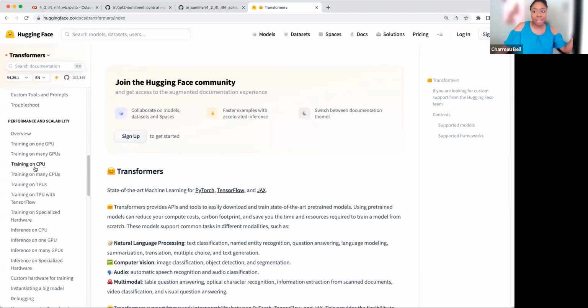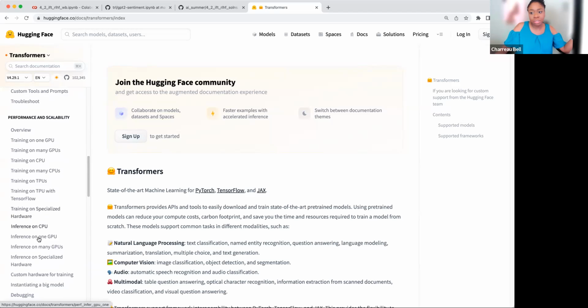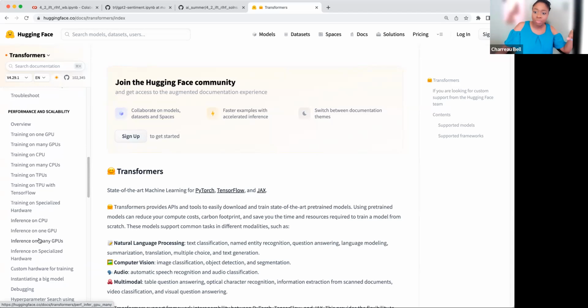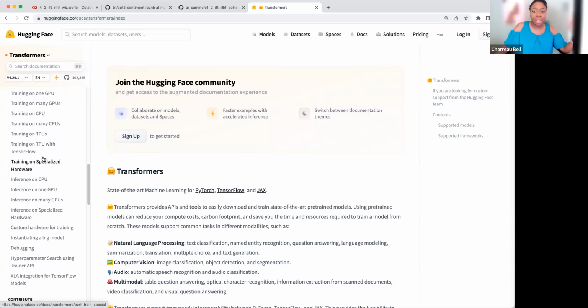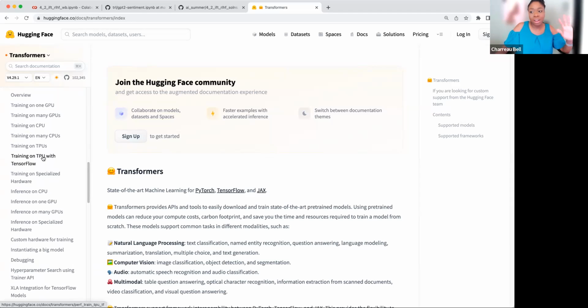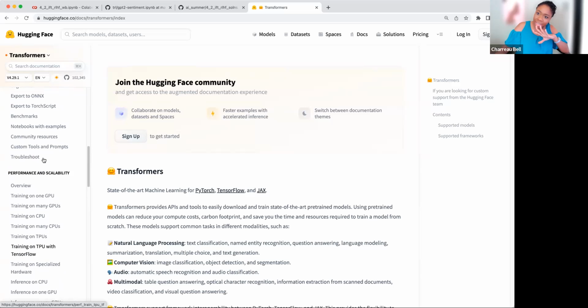It talks about how you can train on mini GPUs, inference, whatever else you need in your life. They've pretty much got it covered here. And they talk about the ways that it's implemented in transformers, because I think they have most of these things already implemented in here, and you just have to have specific settings in training args or something like that.